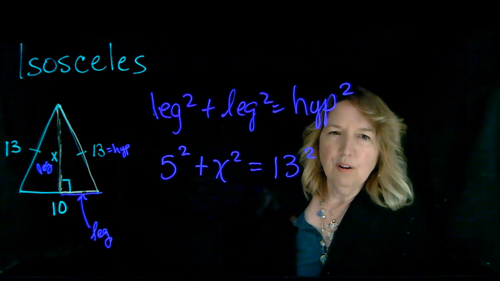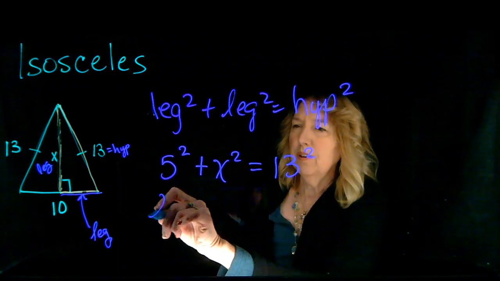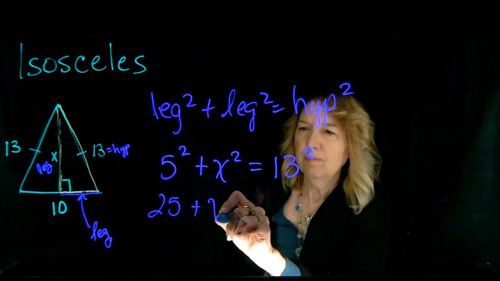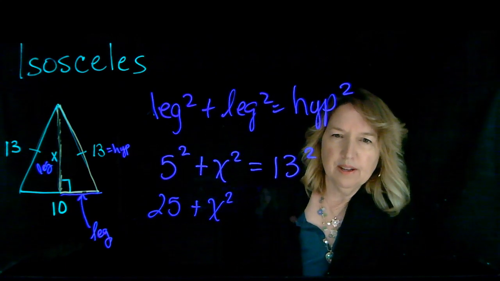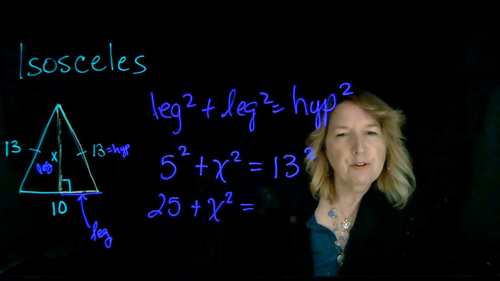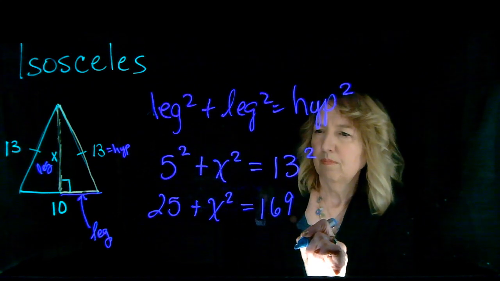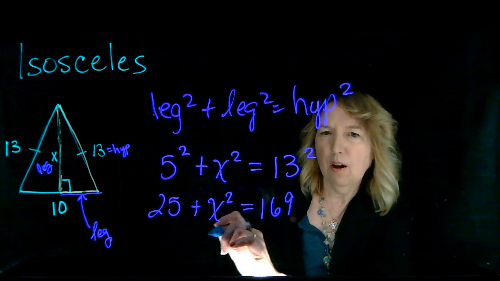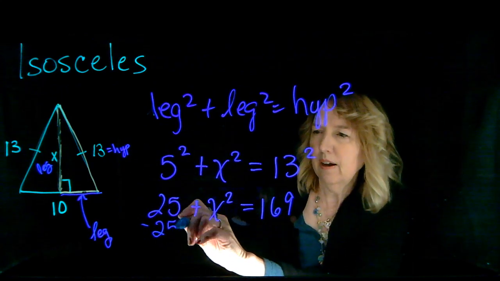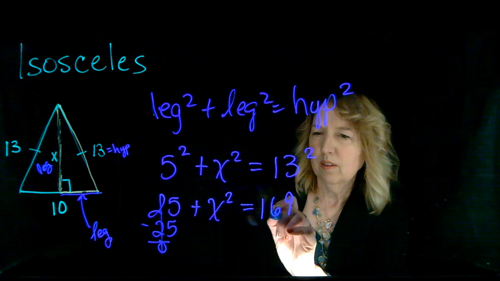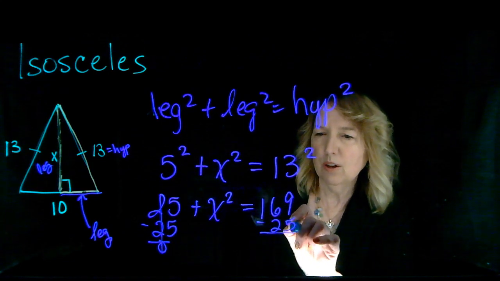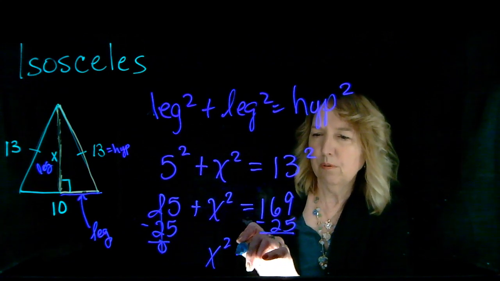And now you can solve. So 5 squared, plus x squared, we don't know what that is, equals 13 squared, which is 169. Trying to get x squared by itself, let's take away this 25 from both sides of the equation, bring down the results,